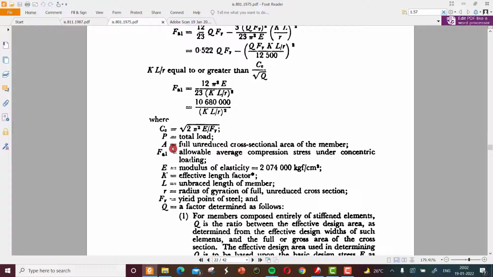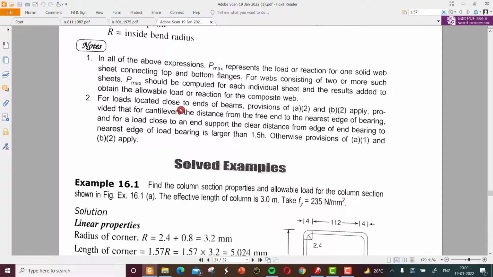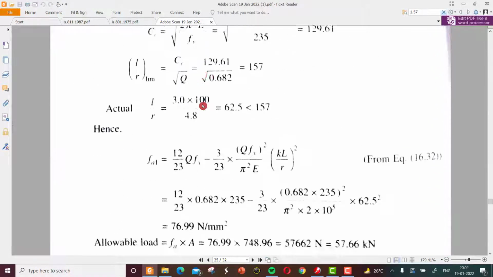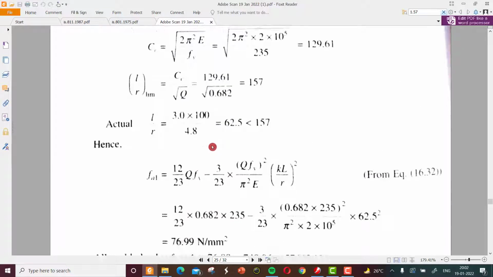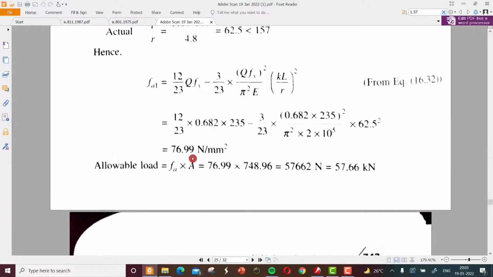P is the total load, A is the full unreduced cross-sectional area, Fa1 is allowable compression stress, E is modulus of elasticity, effective length factor K. For hinge, K is equal to 1. L is the unbraced length of the member. So K into L will be the effective length. R is the radius of gyration. Fy is the yield point of steel. So all those values are given in the problem. That means the effective Fy is given, effective length, everything is given. So it's a direct substitution, and we can find the Fa1, which is the required value. Fa1. Okay, so Fa1 is equal to